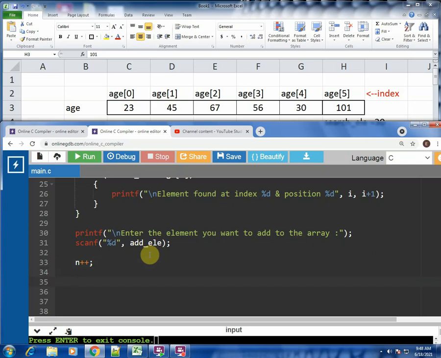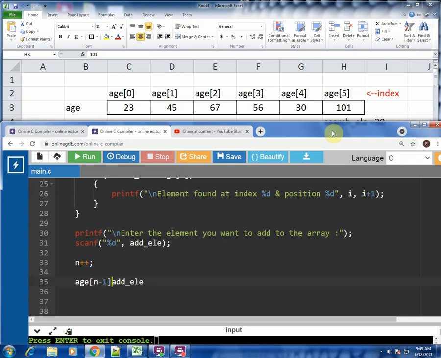Alright, so how do we do that? Simple statement. What we need to do is put the add element, called add underscore element. That is the value which you have to add to the array. So let us write it, add element. This has to be put in the last slot. Now this last slot is called as a of, can you all guess what it could be? What is the number or generalization? I would say it would be n minus 1.